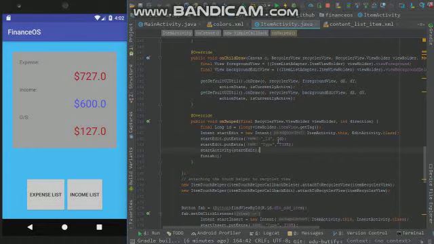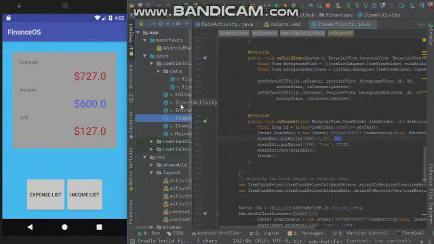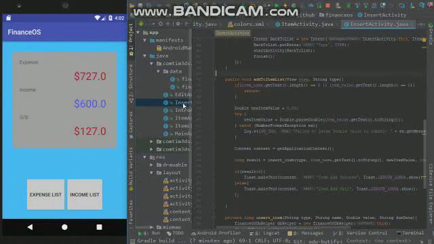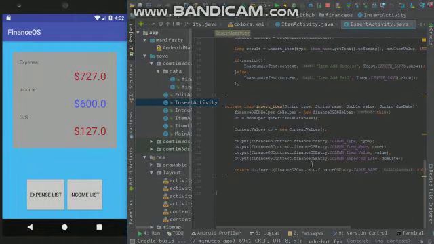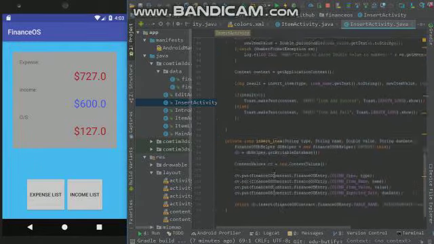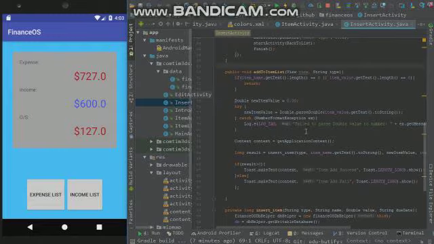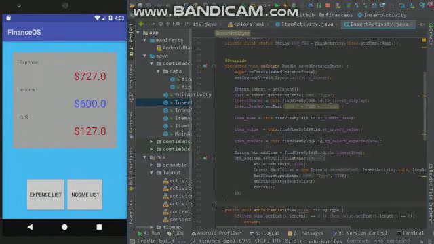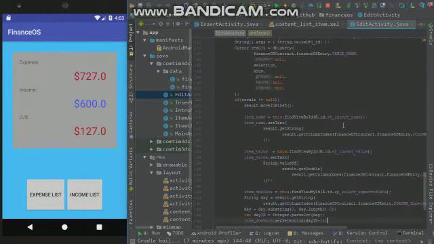It puts the extra for the ID of the item when I swipe it to edit it, and also for the type. Then we have the insert activity, which is similar to the edit activity, but the script here for the database is just a little bit different than setting the information. We have an insert script, and we come through and we just set everything up, and I think it works really well. There are probably a bunch of things that could change to make it more efficient and better. And this is the edit activity script,